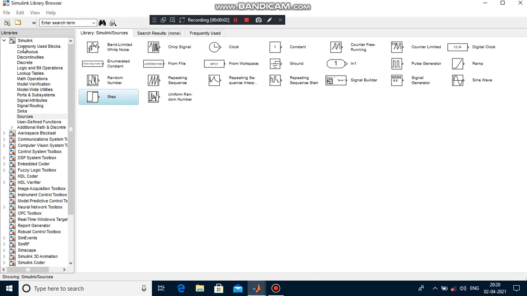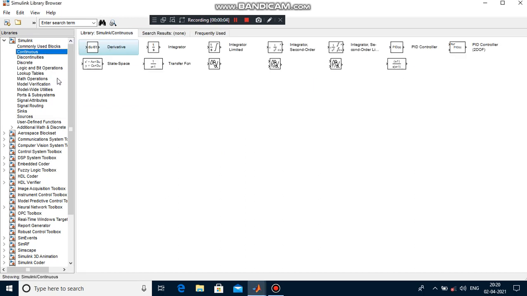Dear students, in this class I am going to explain what is meant by auto tuning techniques and how to find out the PID values for our given system. Auto tuning is one of the tuning techniques used to find out the PID values automatically. Here we are going to use a second order process, so our process transfer function is 2 divided by 2s squared plus 1s plus 1. Let's see how to find out the PID values for our given second order system.